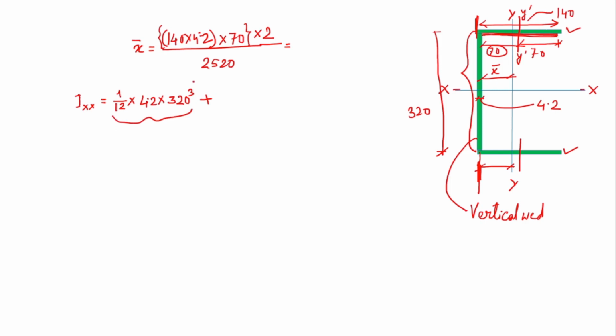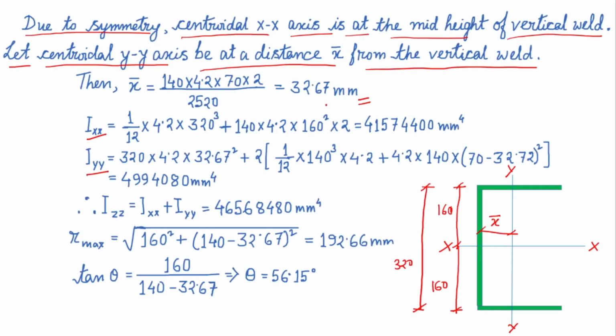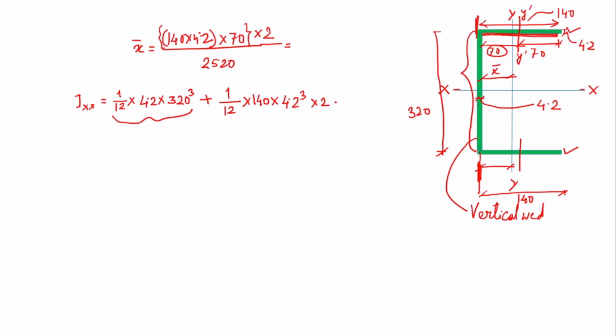For the horizontal portion, the B is 140. The B is 140 because we are calculating about the x-axis. So along the x direction it will give us B. It is 140. So it is multiplied by 140 into depth. So here that depth is this much, 4.2. So 4.2 cube. And this is same for both top and bottom weld. So it is multiplied by 2. Plus